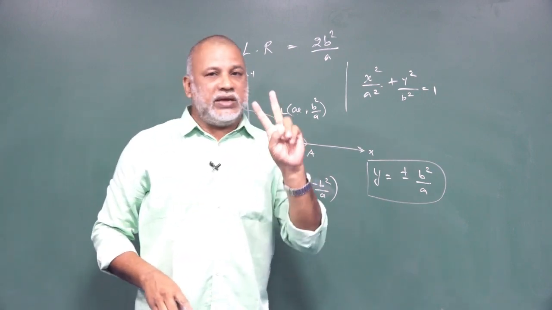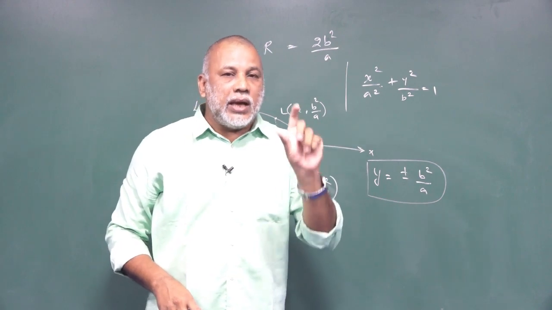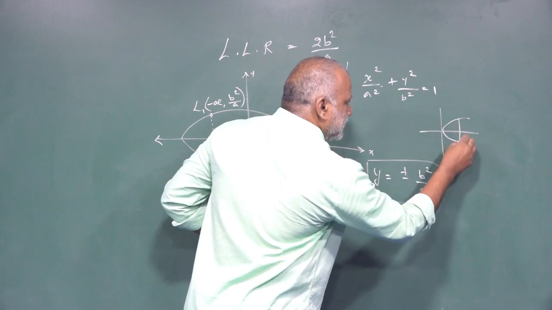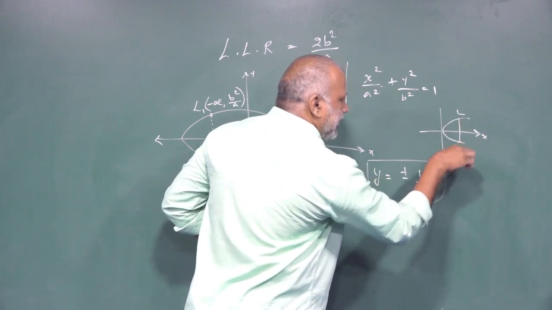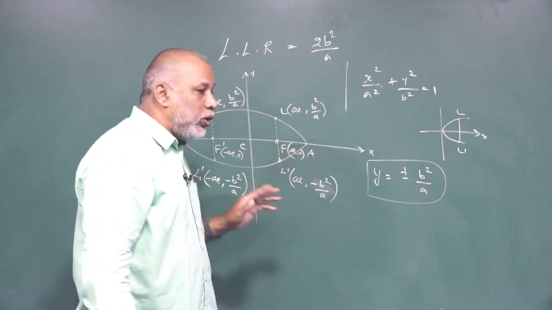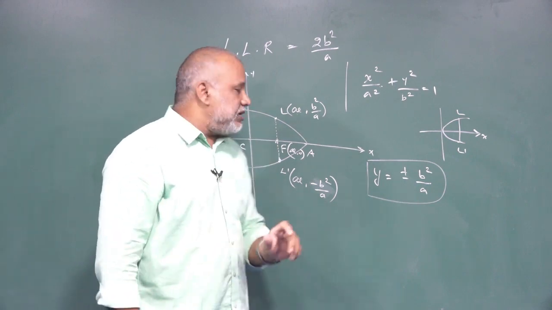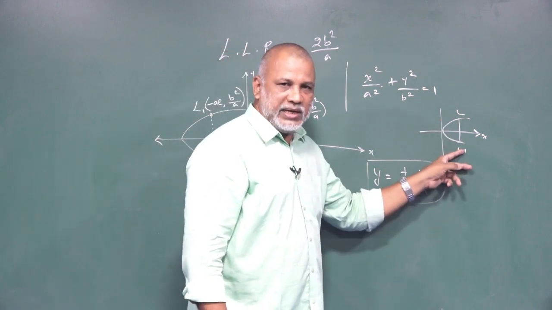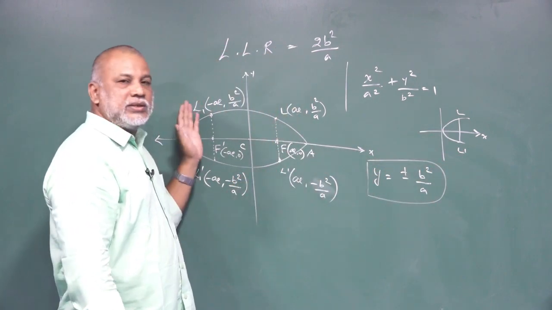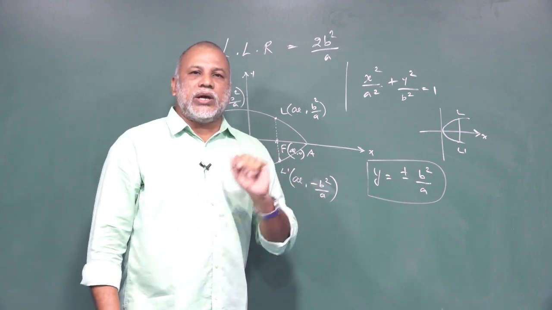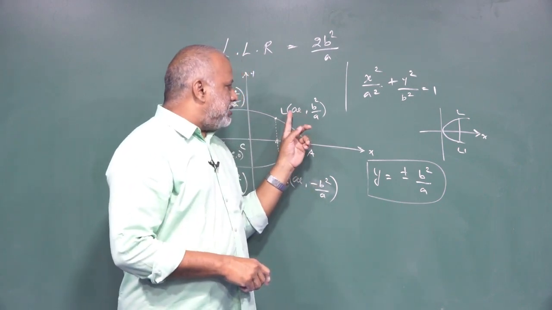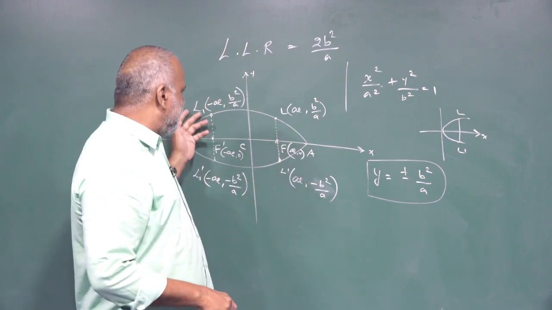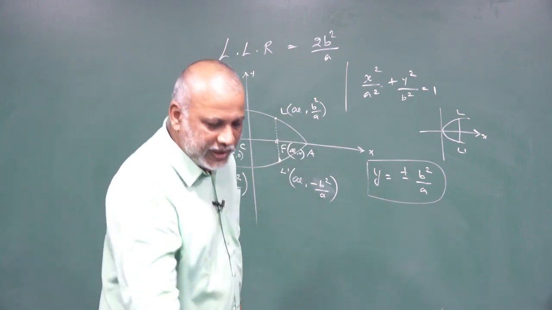But in the parabola, we have only two places because the parabola is like this. Here L and L dash only are possible. Here we have 4 endpoints. So the endpoints of the lattice rectum in a parabola are only 2 points, L and L dash. Here we have 4 endpoints. Therefore, depending upon the quadrant, you can modify the points. The only logic is AE comma b squared by a. Just keep this, then you can get negatives. Here also both are negative. Like that you can convert.